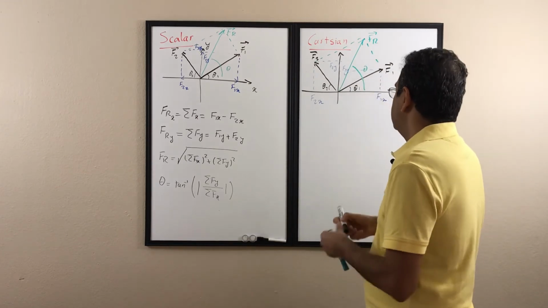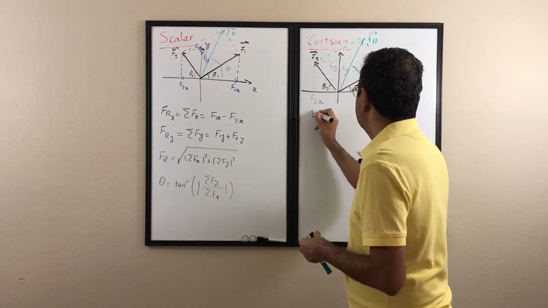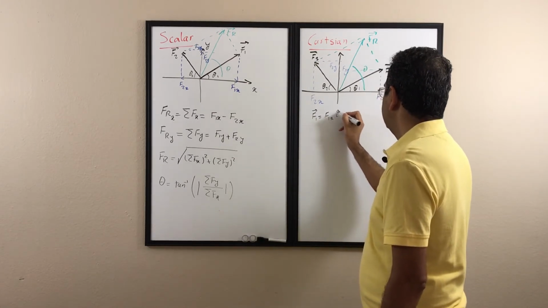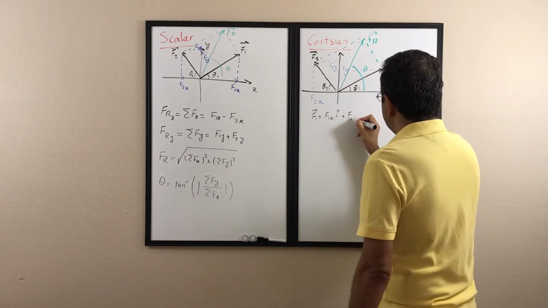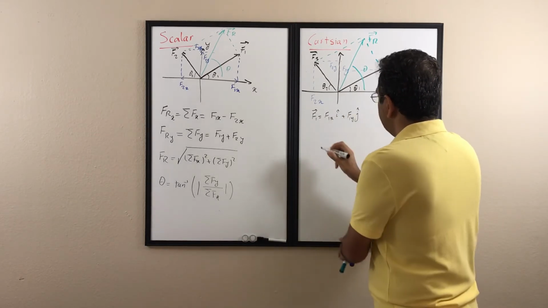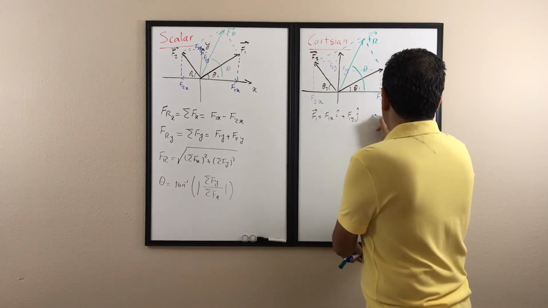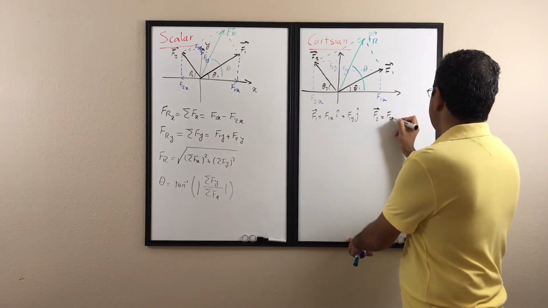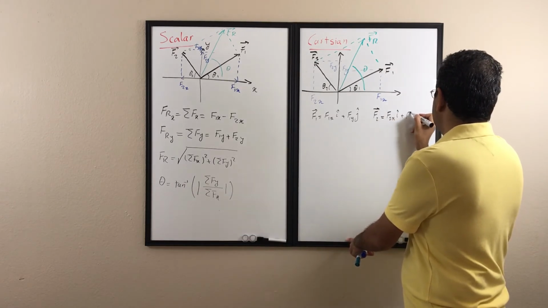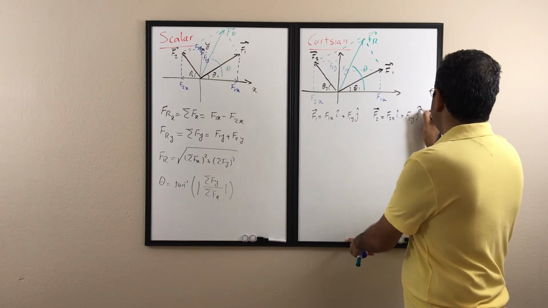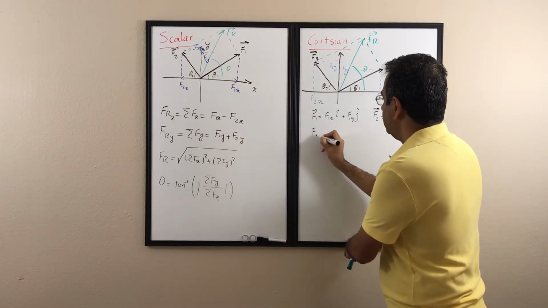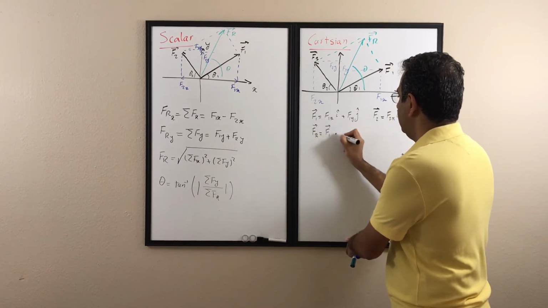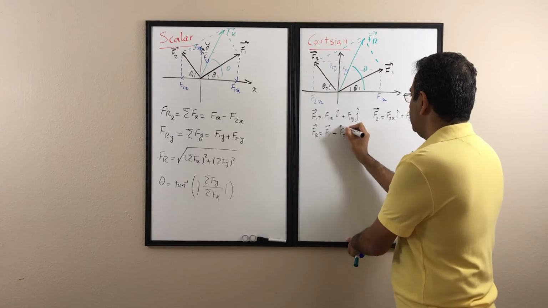So the first vector F1 is going to be F1x i plus F1y j. The same here for the second vector. So the second vector, F2, is going to be F2x i plus F2y j, and the resultant force, you just simply add them together, F1 plus F2,